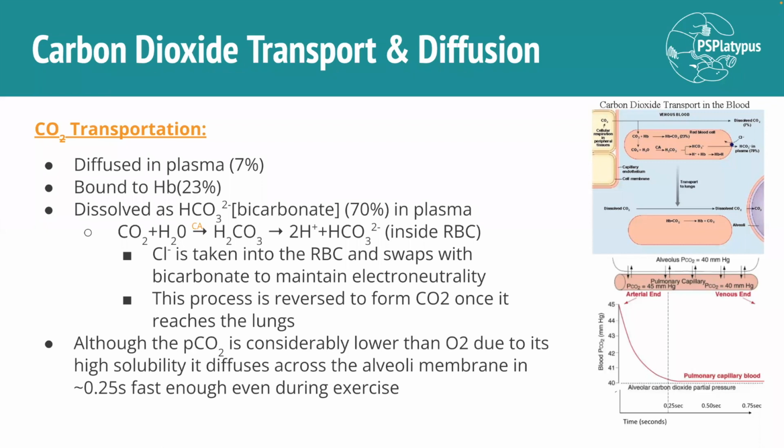Next, we'll be talking about carbon dioxide transportation and diffusion. So carbon dioxide produced in our tissue then travels in our bloodstream in some manner, either A, diffused in plasma, B, bound to hemoglobin, or C, dissolved as bicarbonate, with it being the majority, which then is converted back into CO2 to be expelled